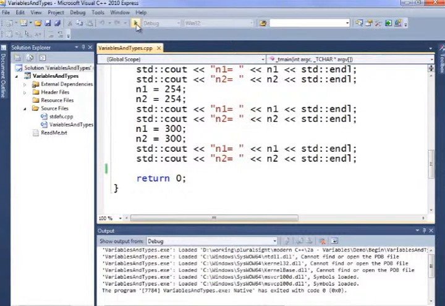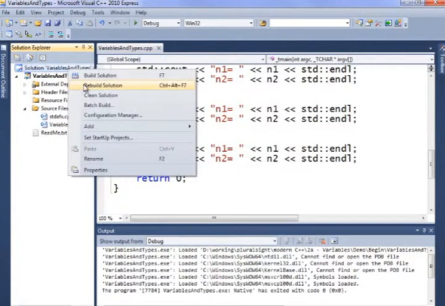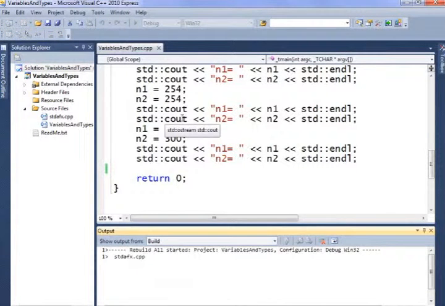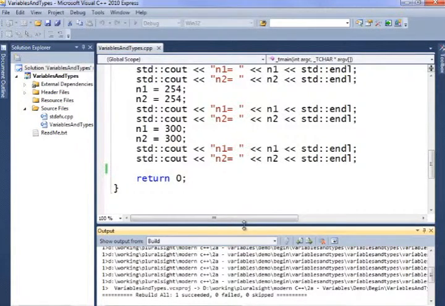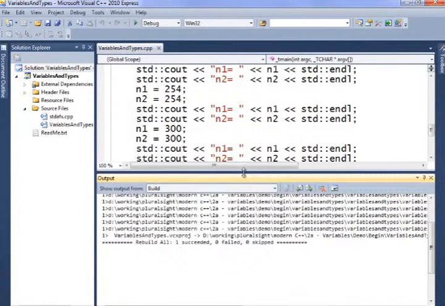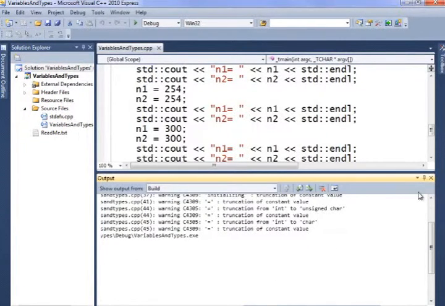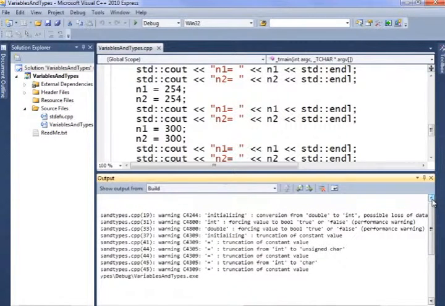So let's let this application run back out. And I'm going to compile the application once again. So rebuild the solution. Normally the compiler is pretty smart. It only builds things that have changed. When you choose rebuild, it builds everything whether it needs to or not. And for the first time, I'm going to show you my build output. What we have here in the output is a whole pile of warning messages. They're not errors. The compile succeeds, the application can run, but they are all warnings from the compiler, from your